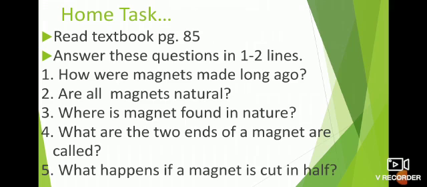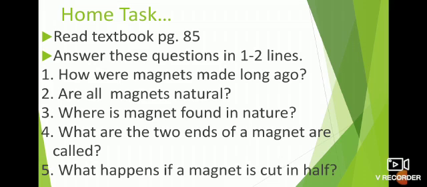So that's all about today's lesson, in which we have learned how we can make magnets. We can make magnets by the touch method and the stroke method, and in this lesson we have learned about the touch method. A magnetic object such as an iron nail that is placed at the pole of a magnet becomes a temporary magnet.